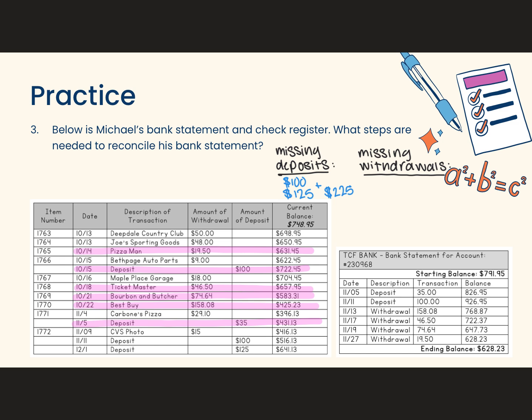Next, I want to figure out all of my missing withdrawals. That's going to be this 50, the 48. So I'm going to start writing those down. I've got 50. I've got 48. I have this $9 right here. I'm also missing an $18. I'm missing a $29.10 and a $15 withdrawal as well. So that's everything that I'm missing. I'm going to add all that up real quick, and that's going to get me to